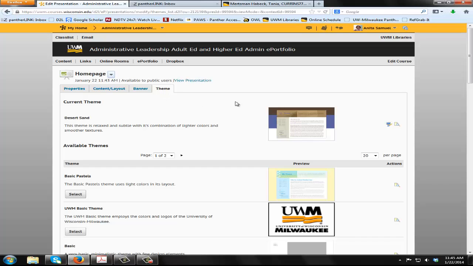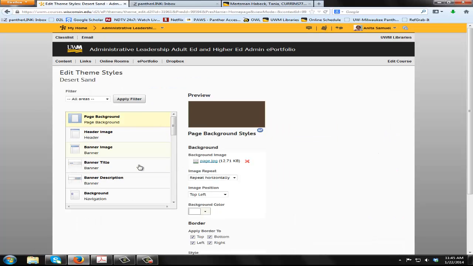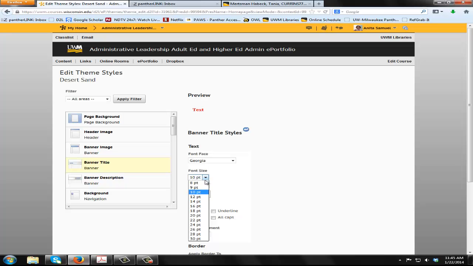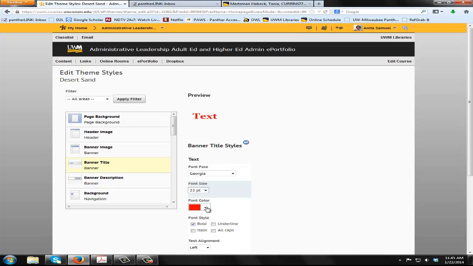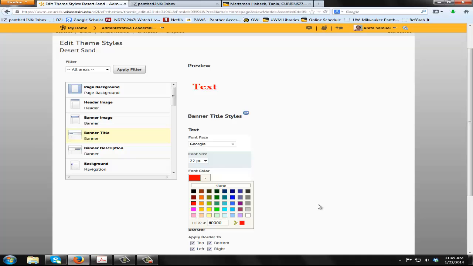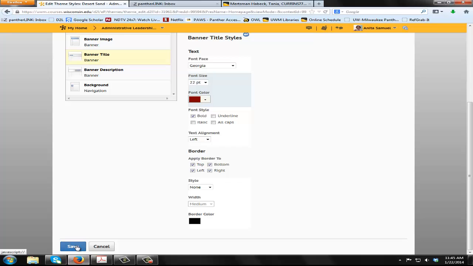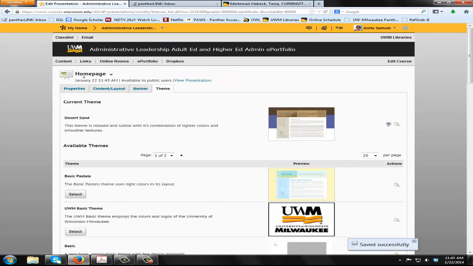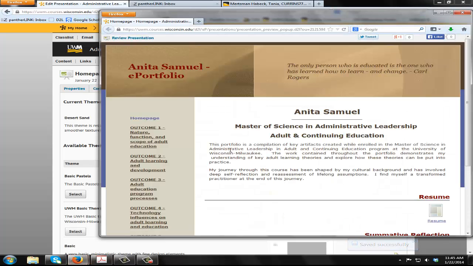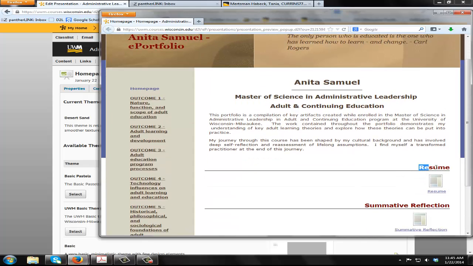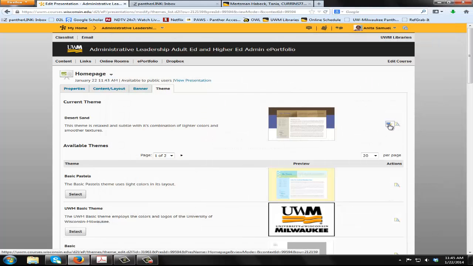Once again, if you want to make changes to that, go back to editing it. Banner title, I'm reverting it to what it was. I think I like this color now. And if we view this, there it is now. Another option that you can do is you might want to change how this particular title looks. Okay, so what we do is we go back to editing the styles,